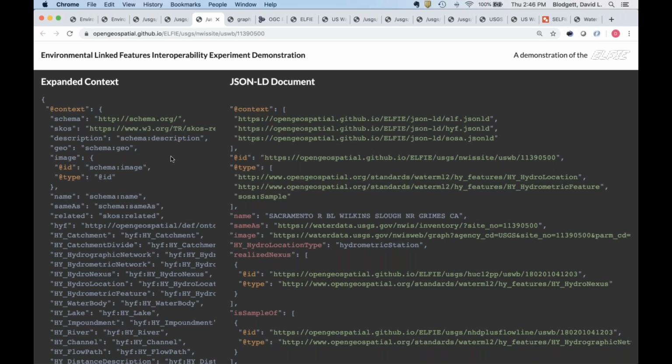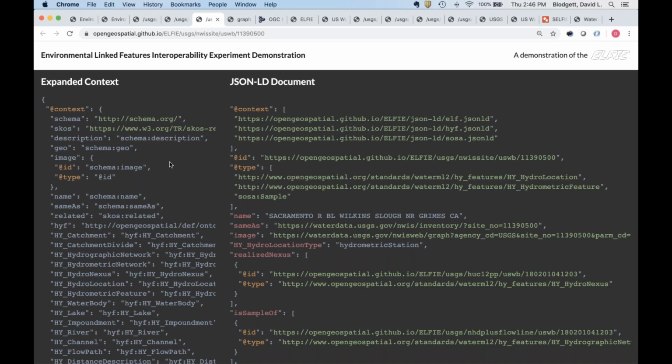So the goal with this work was to not do anything new, but to find the best available for what we were trying to do. But there are definitely things where we still have work to do, and some of it is publishing existing data models as JSON-LD contexts and ontologies.